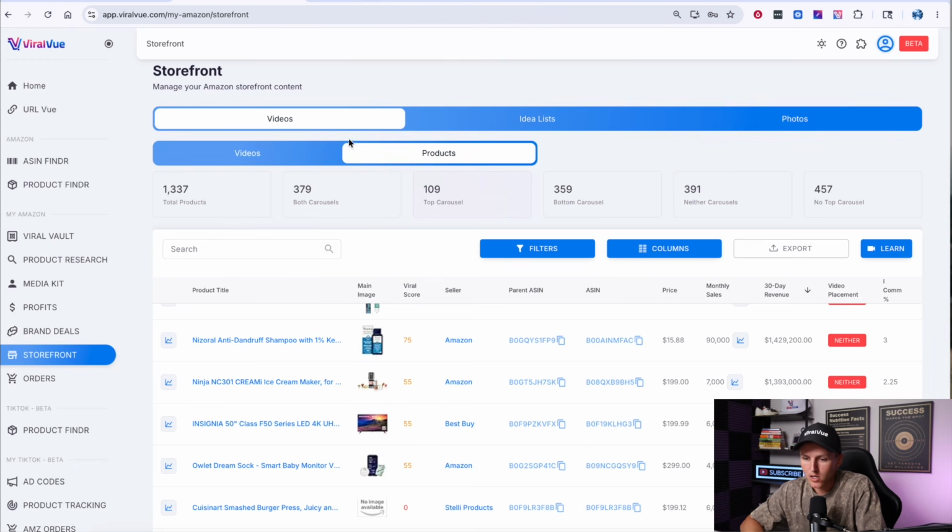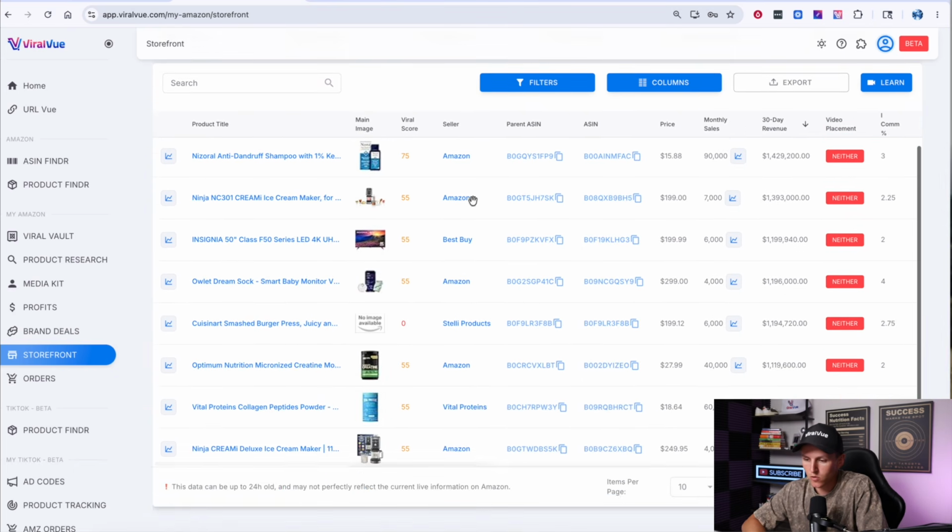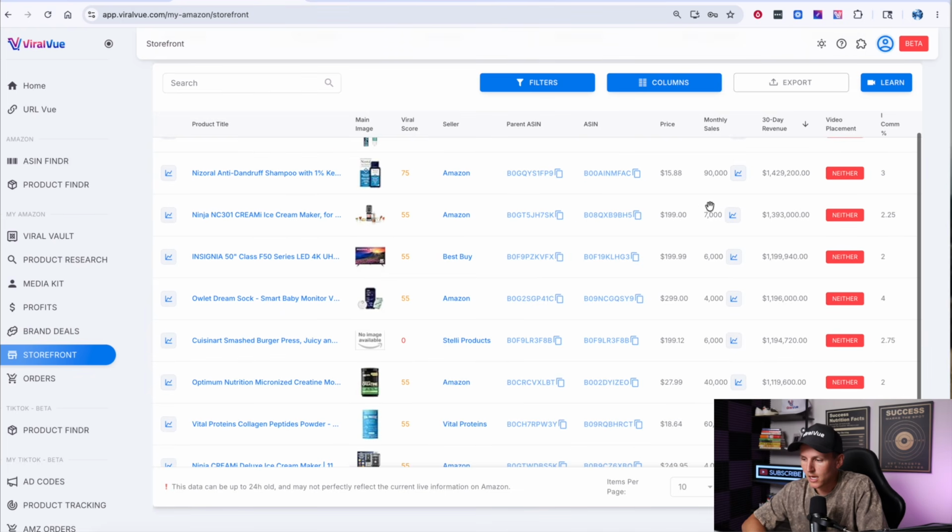within the web app. So if you go to app.viralvue.com, go to storefront, come over here, this historical data is in several places, but I'm just going to show you first within the storefront. You can come to your videos, you can come to the products, which is the products that you've tagged on your videos, or you can come to the actual videos tab. So we'll just come to the products tab and scroll to, for example, this Ninja Creamy, and you can see